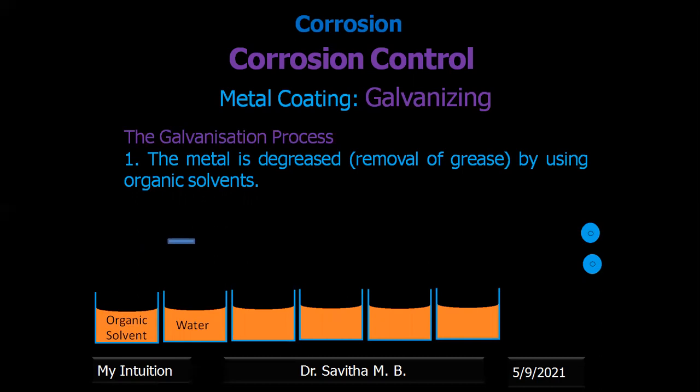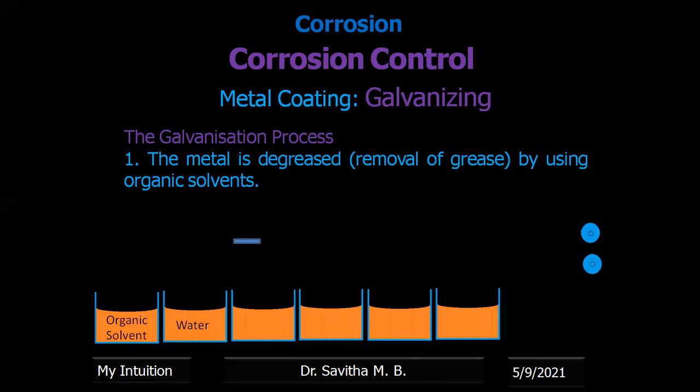Now we need to remove the organic solvent also, because that is also a chemical, right? So for that what we can do, we have to dip it in water, right? When you dip it in water, all the organic solvents will be dissolved in water, so you get a clean metal block, right? Now the first type is dust that you have removed by just water wash or air blow. Second type of impurity is organic, that is grease, that you have removed by dipping in organic solvent.